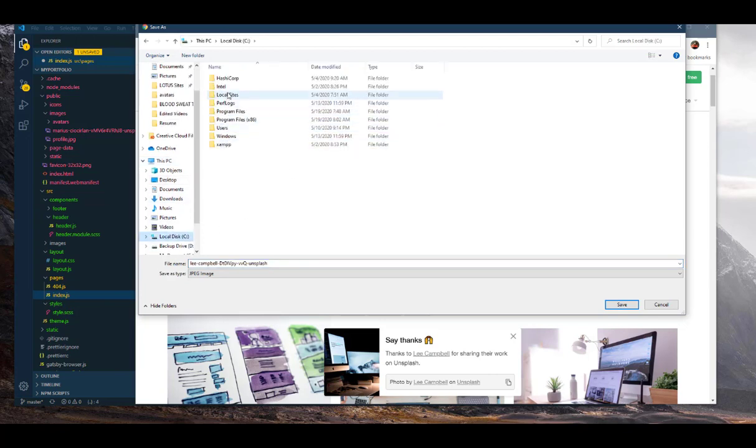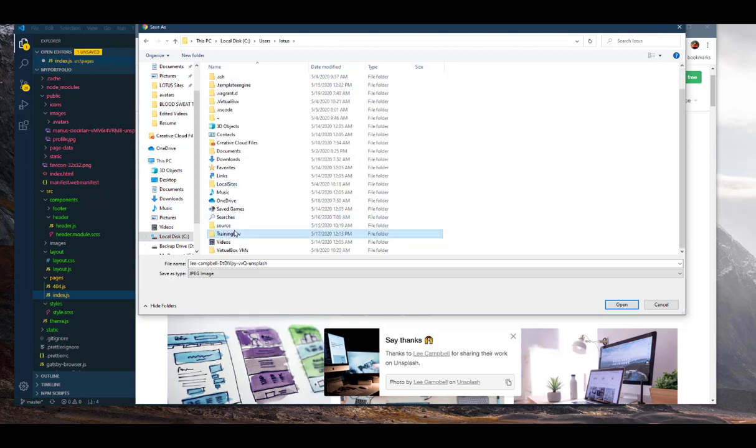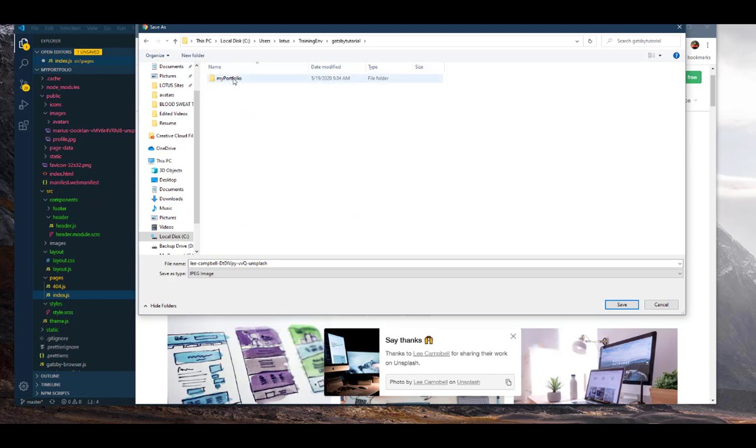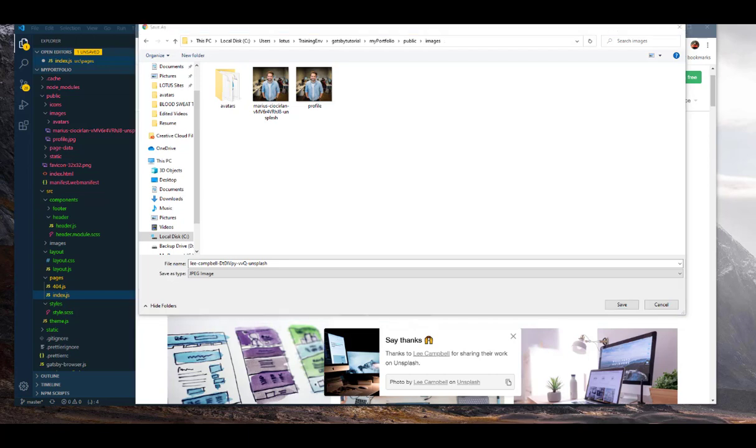So we're going to go to Users, Lotus, training environment, tutorial, my portfolio, and src images. That's not where I had it. What was it? I swear I put it there. Where is it in the public? Images. Man, is that it? I thought that was the one that